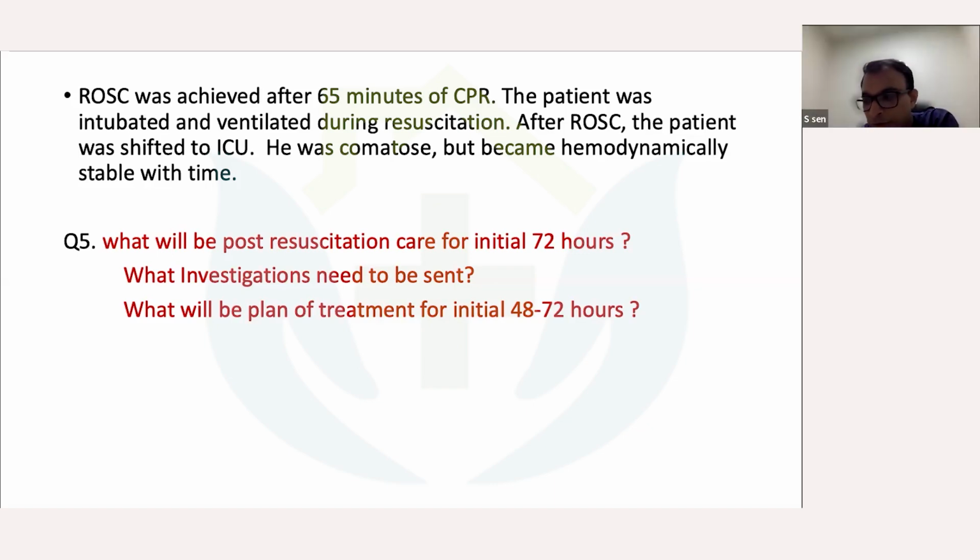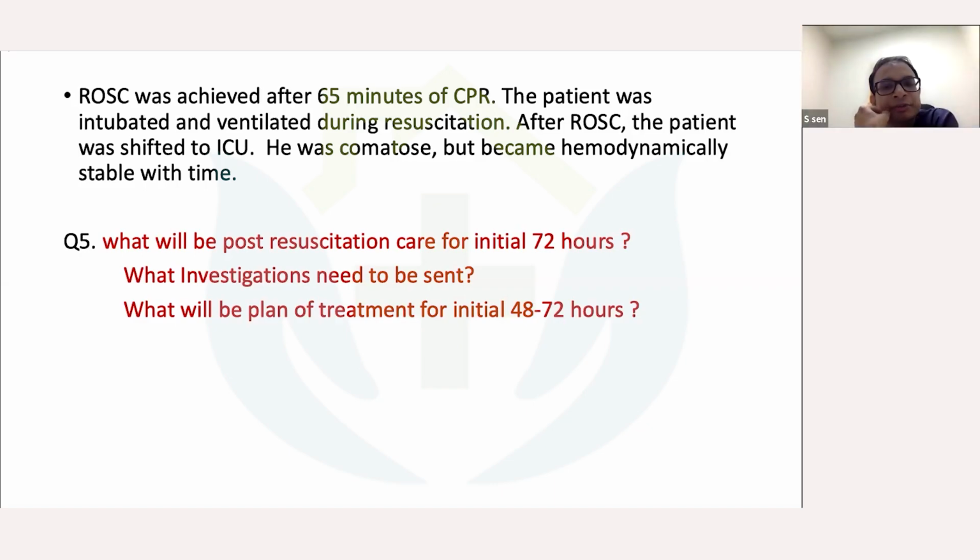What time will you prefer to do a CT scan and EEG after ROSC? What can you see in the CT scan? To detect any signs of anoxic brain damage, for example brain edema or specific infarction in other areas of the brain. So will you do a CT scan and EEG for all patients after cardiac arrest? We don't know what happened before the cardiac arrest. Maybe she had trauma or bleeding. We don't know, as we didn't witness the arrest ourselves.